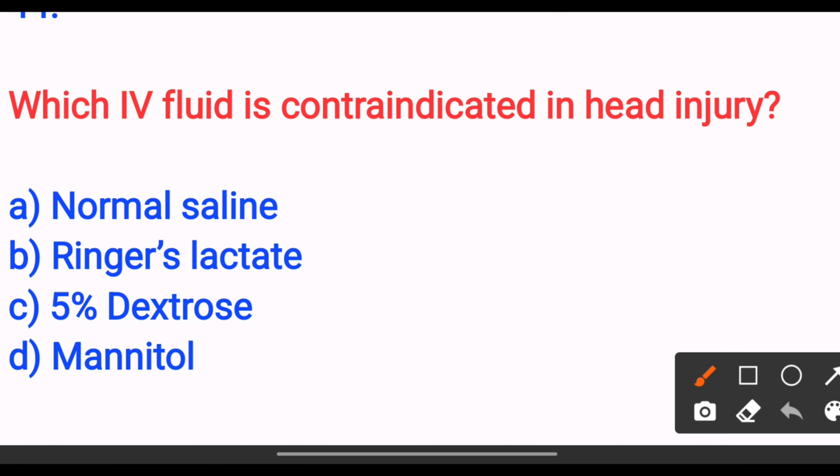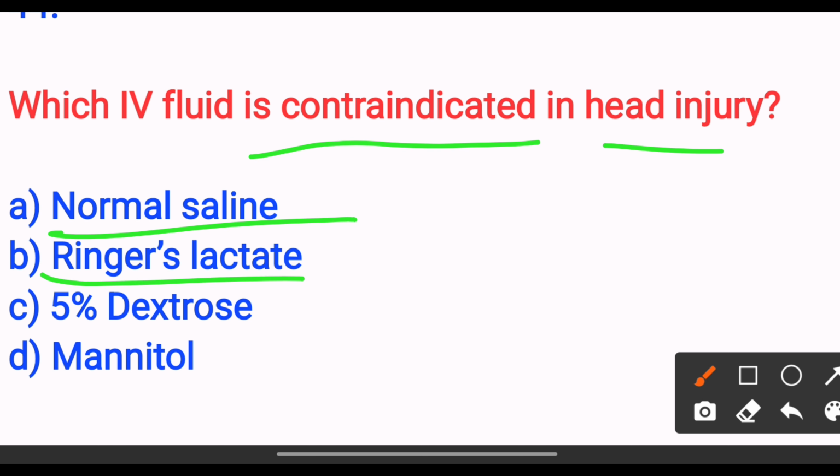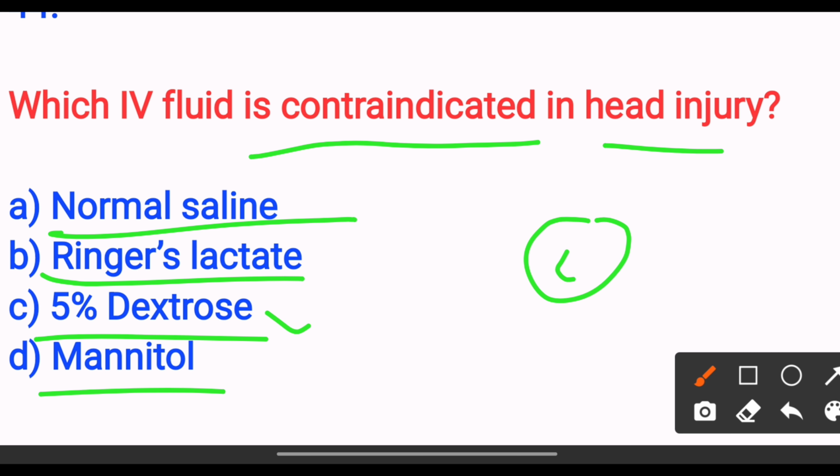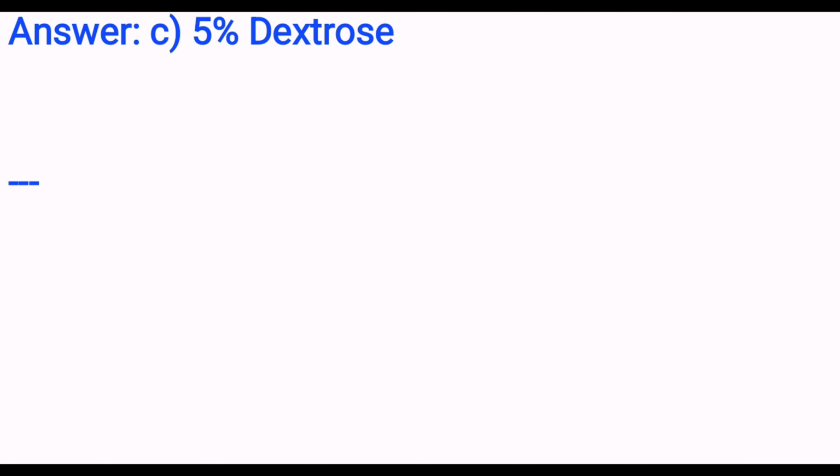Which IV fluid is contraindicated in the head injury? Option A normal saline. Option B Ringer's lactate. Option C 5% dextrose. Option D mannitol. The answer is option C 5% dextrose. Next,